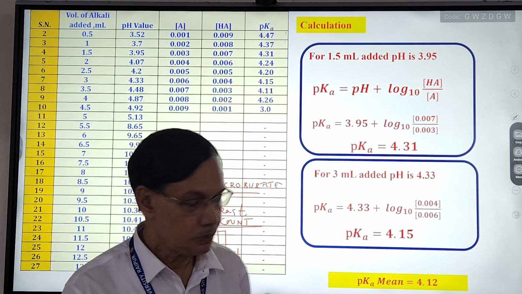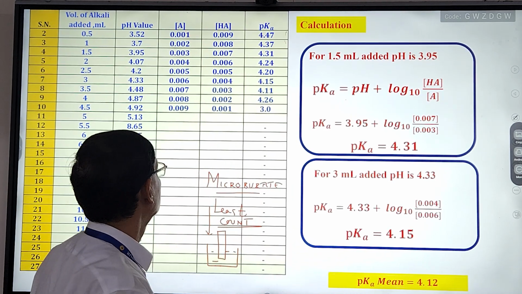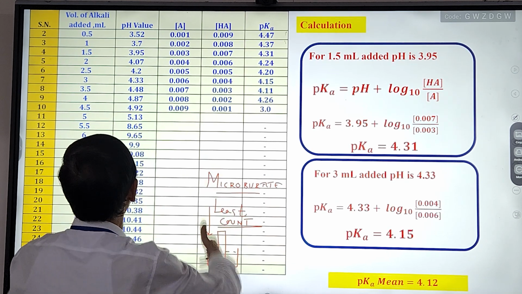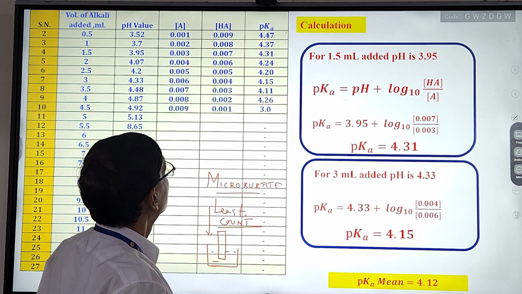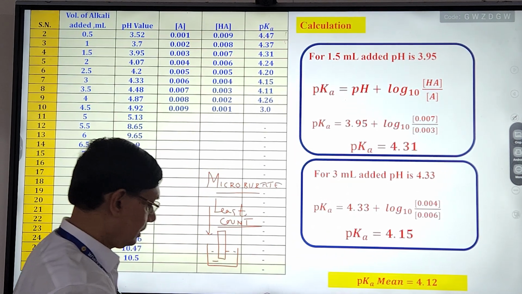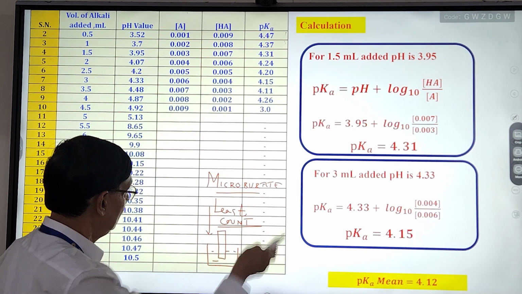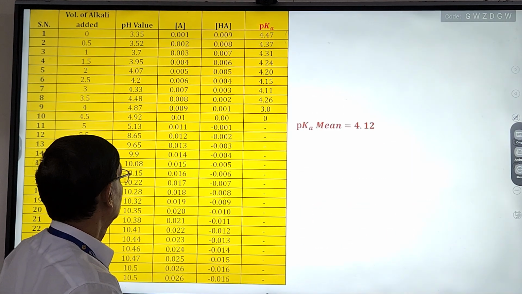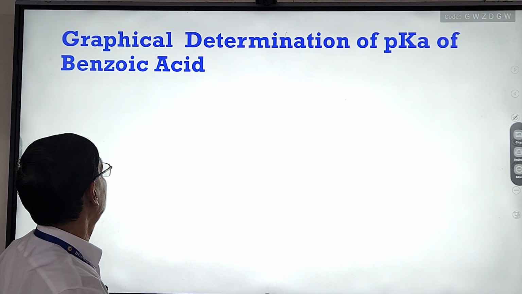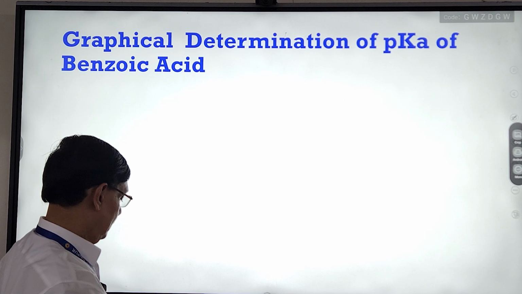So my student, Dr. Abhishek Katendra, has taken your values and prepared a table. Calculation I will discuss later on. First, I will tell you the graphical method. Then I will explain this thing. So, graphical determination of pKa of benzoic acid. That means you have to